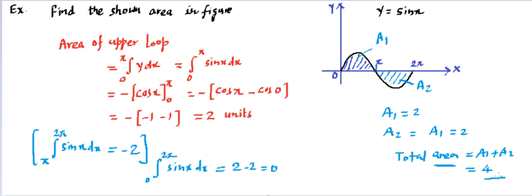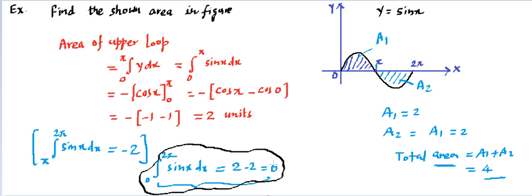And if somebody says find the integration value, then that integration value will carry sign convention. That needs to be kept in mind. So when we say integration from 0 to 2 pi sine x dx, that means basically we are talking about the area of sine x from 0 to 2 pi. When we are talking about the area using this integration, then there has to be a minus sign for the graph which is downside. Hence this will become 0. So in integration, whatever area we are talking about, it carries sign: positive for upside, negative for downside.